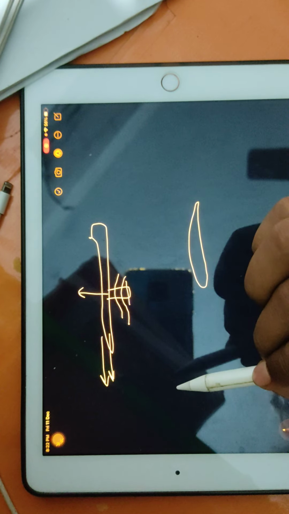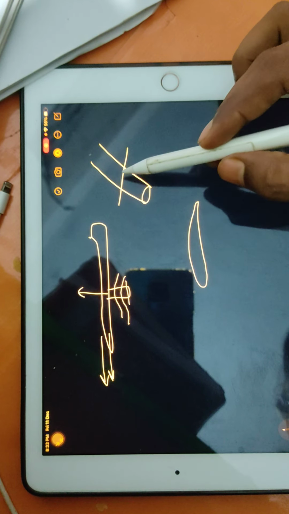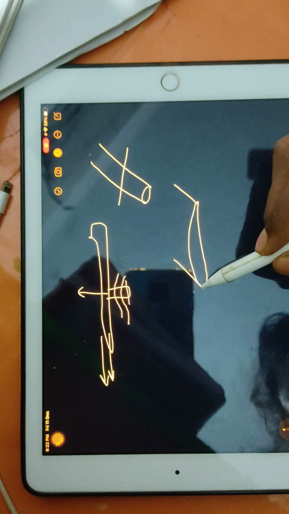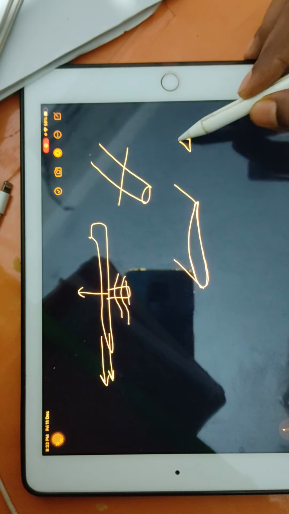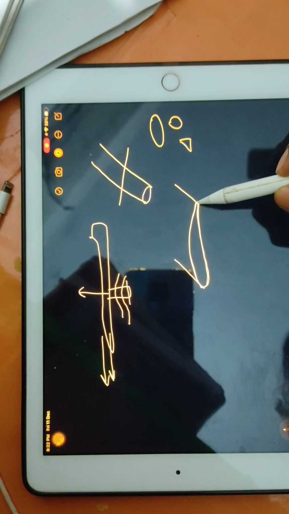If I cut the wing like this, suppose this is a bigger wing, and if I cut the wing like this, then I see the cross section, it will look like this. This is the cut part of the wing. This cross section we call an airfoil. Like this is called a triangle, circle, ellipse, in the same way, in our aerospace department, this is called an airfoil.